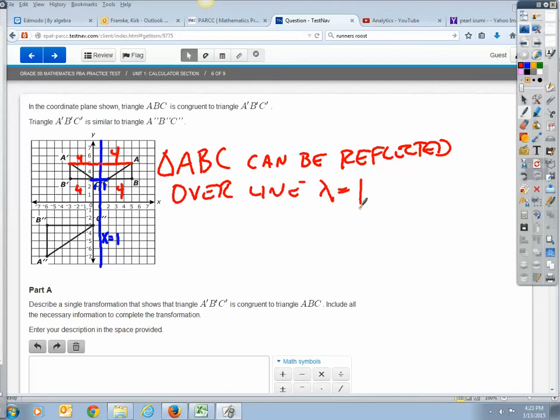And I know that it gives me a congruent shape because if I perform this reflection,